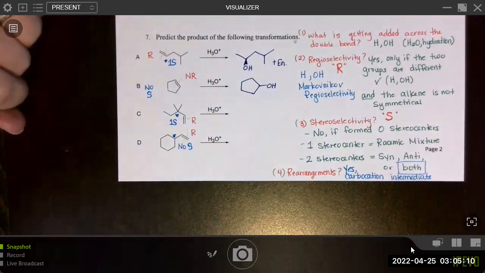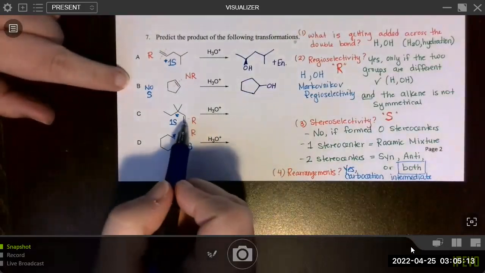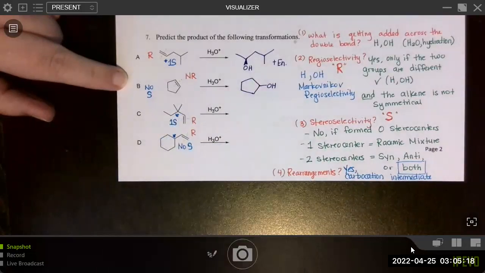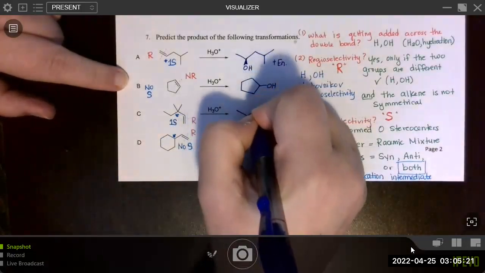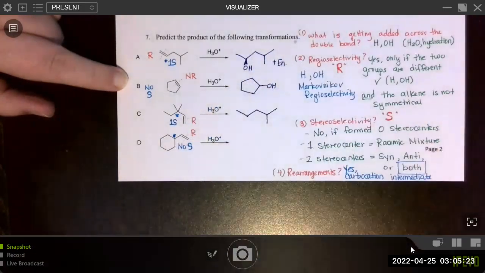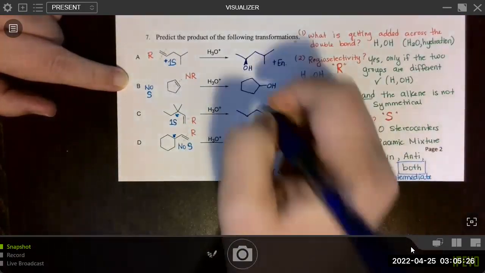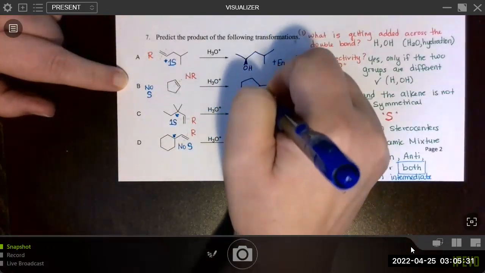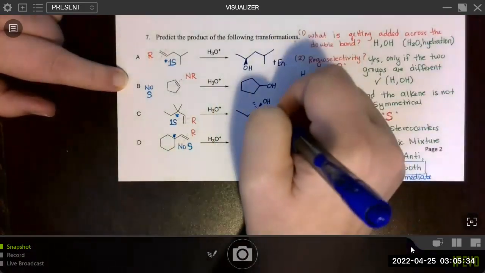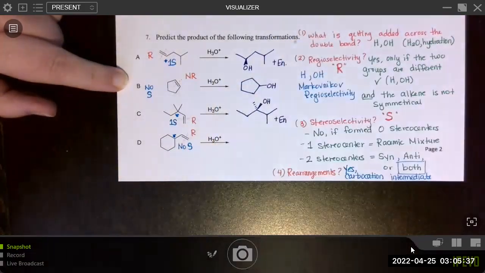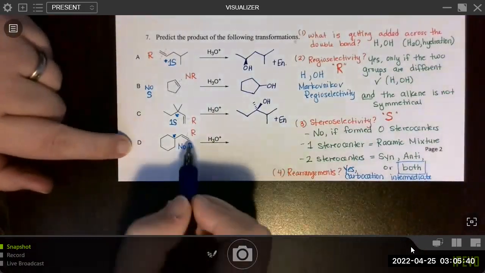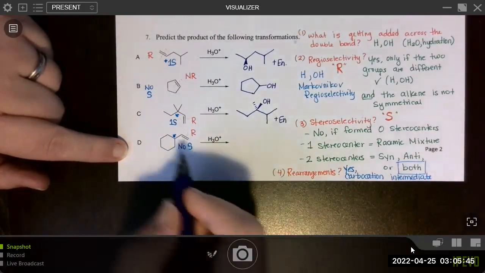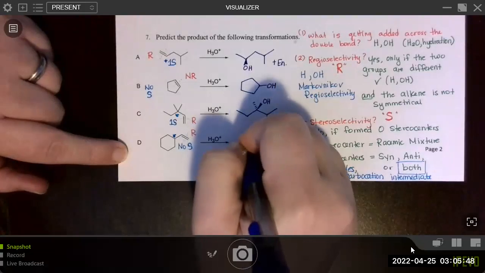And now this one's a little bit more challenging. We did form a secondary carbocation, which will undergo rearrangement. We'll end up with this carbon scaffold with a methyl here, but then this will become a stereocenter. 4 different groups attached, so we'll want to write plus enantiomer. Next, we'll form a secondary carbocation. It will rearrange, but we decided that would not become a stereocenter, so we don't need to consider stereoselectivity.